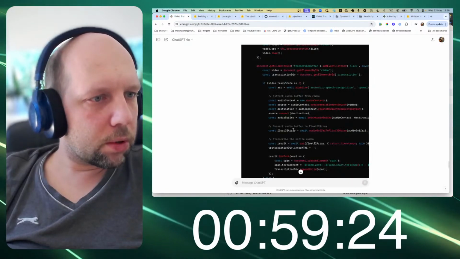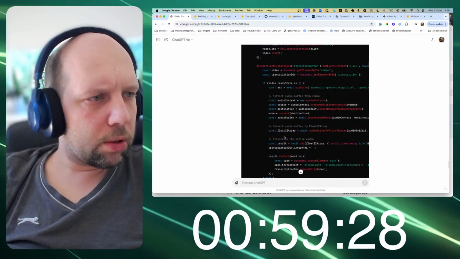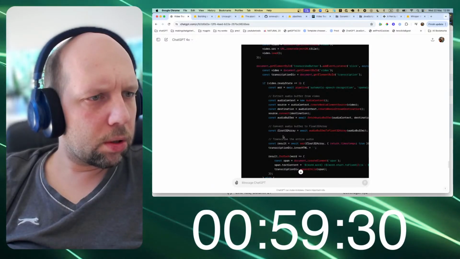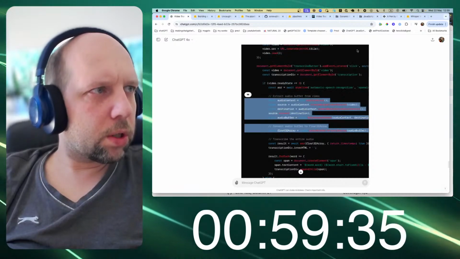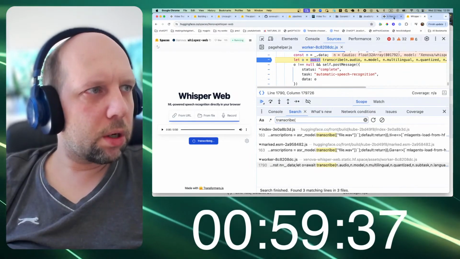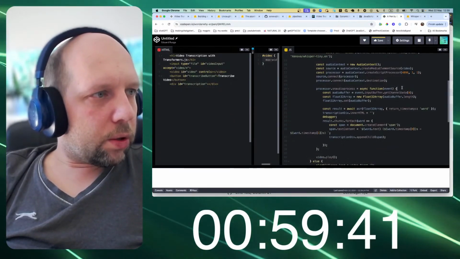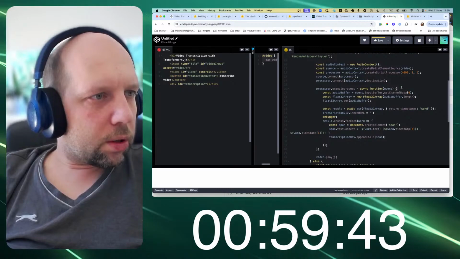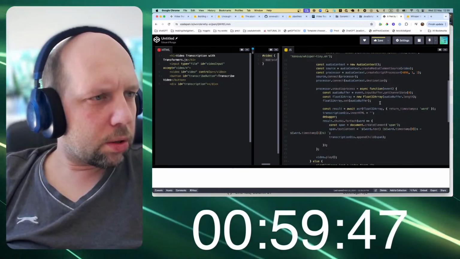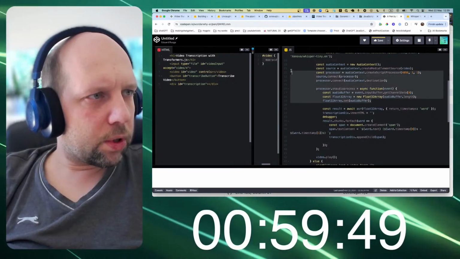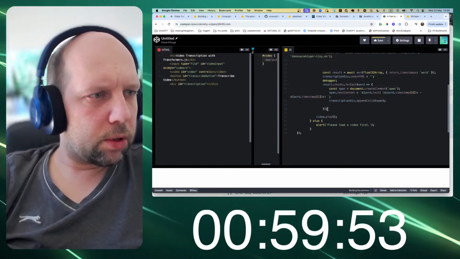What is the difference? Oh, they did it completely differently. So last time they used processor and put that part into a function that responds. So we can just remove this part, I think, and then this part,